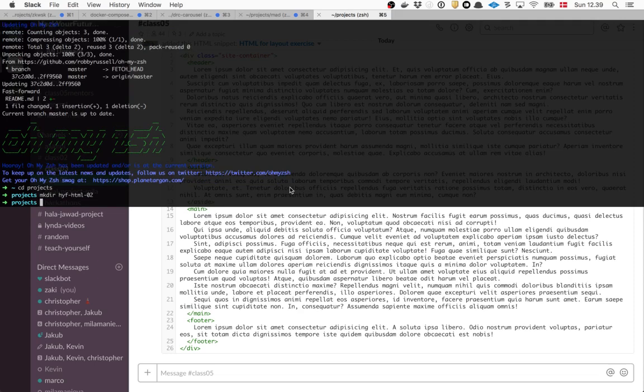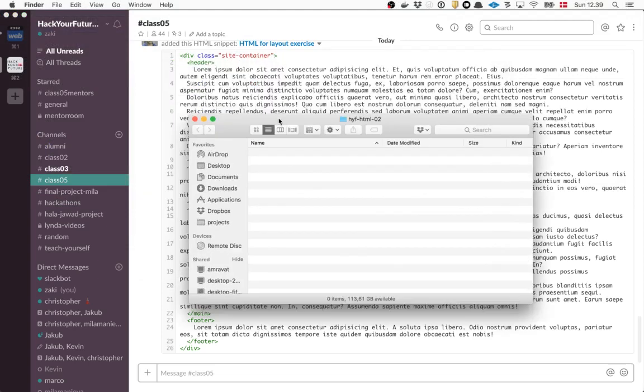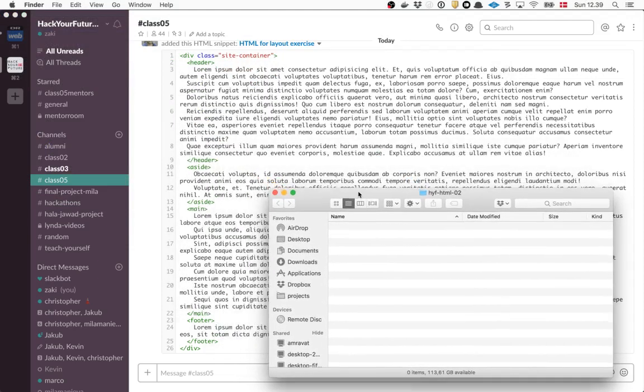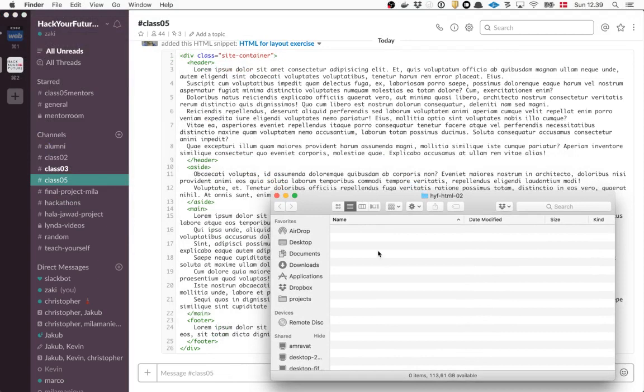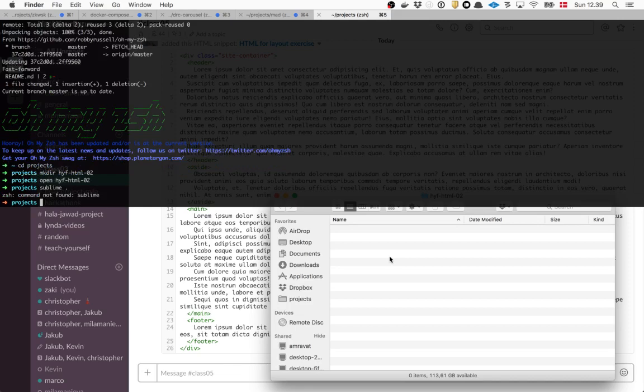On Slack? Yeah, on Slack. I didn't set up a folder before, but you create a folder. You can do it on the terminal, or you can do it in your operating system, however you like.